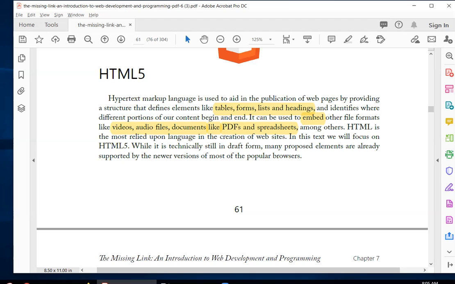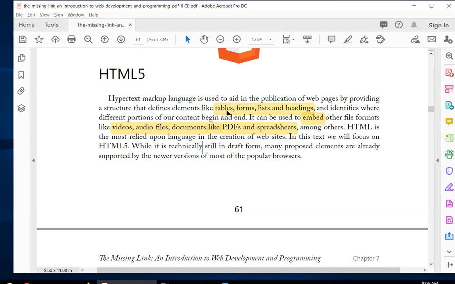And if I reuse this video in the future, it may increase to HTML6. So at this point, it's HTML5. And actually, to tell you the truth, this last sentence down here mentions that it's still in draft form, but it's not. It's actually the current form now. So with technology, things get outdated. That's just a thing. And of course, there's a lot of things that do, like music and stuff. Anyway,